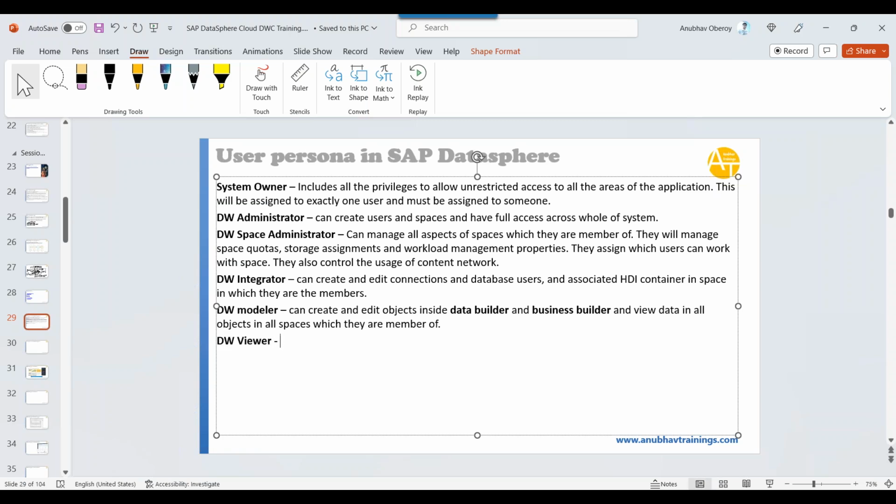What is DW viewer? A viewer can view objects in spaces of which they are a member, and view data output by views that are exposed for consumption